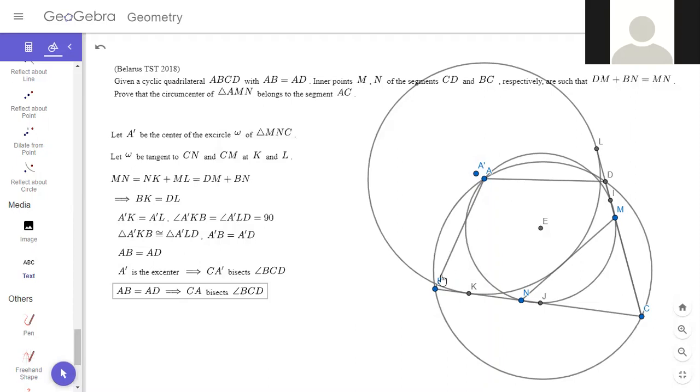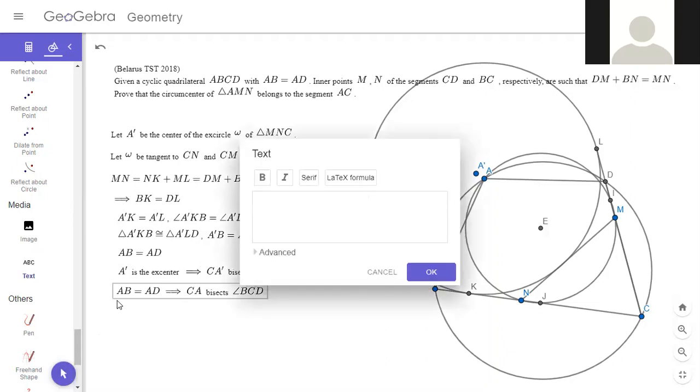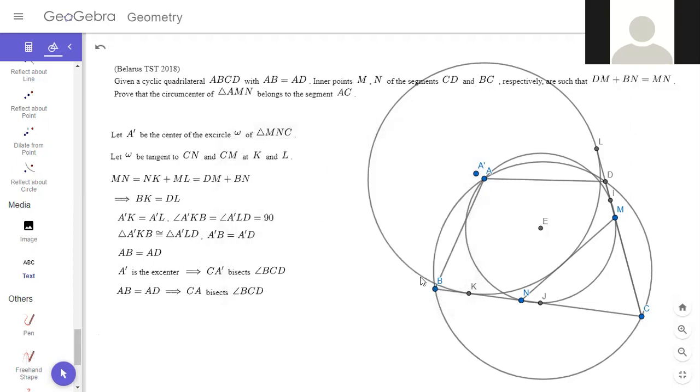And then not only that, both of them have to lie on the perpendicular bisector of BD. This means they are in the same point. Yes. So that means A is A prime. And then basically we've solved the problem because